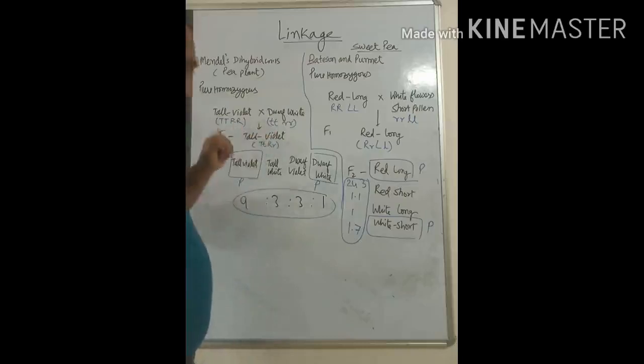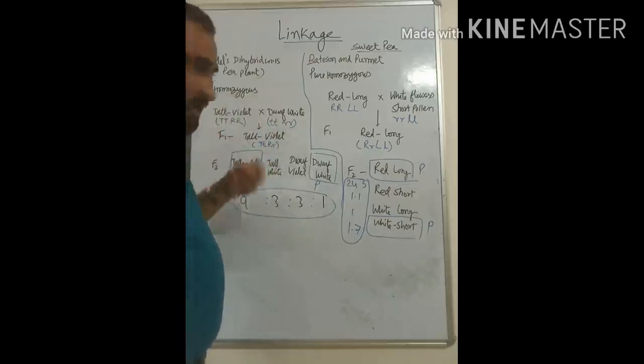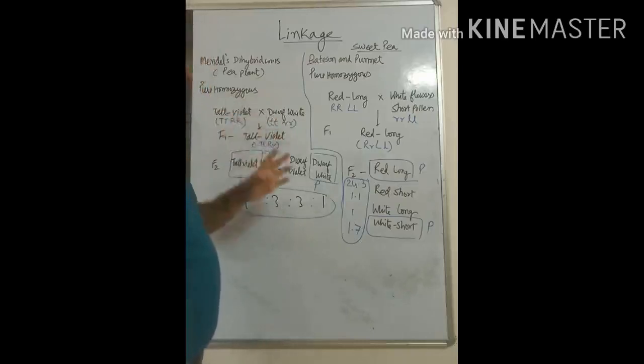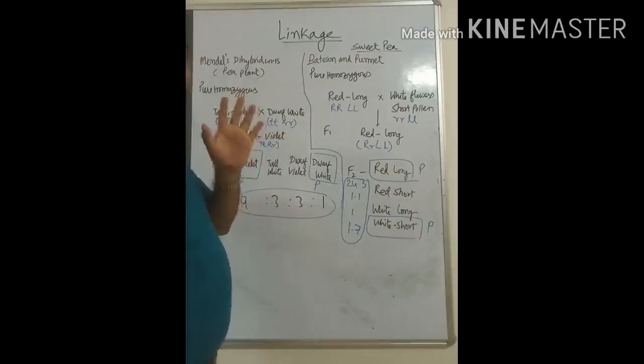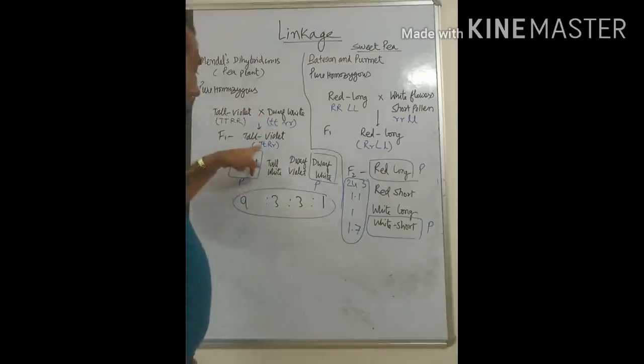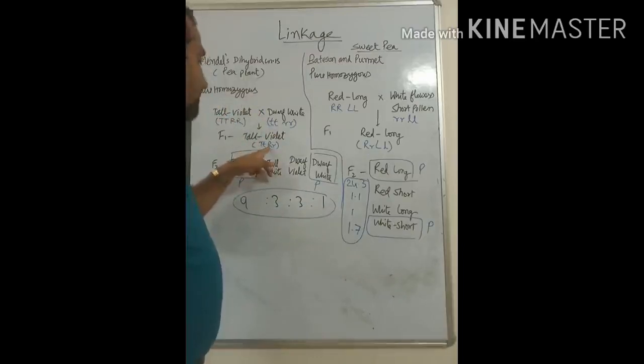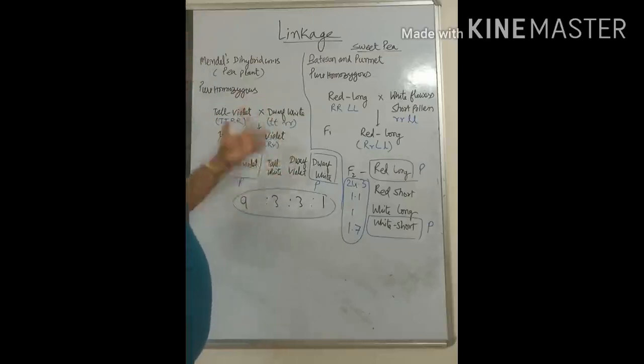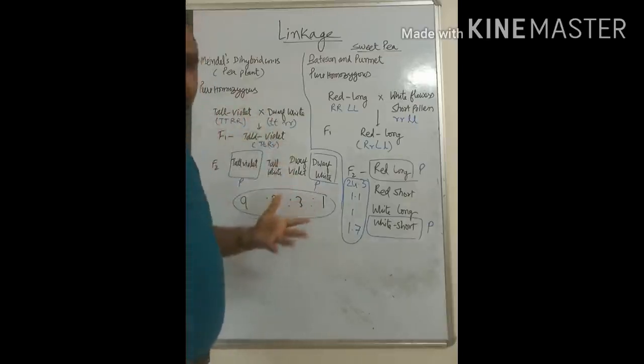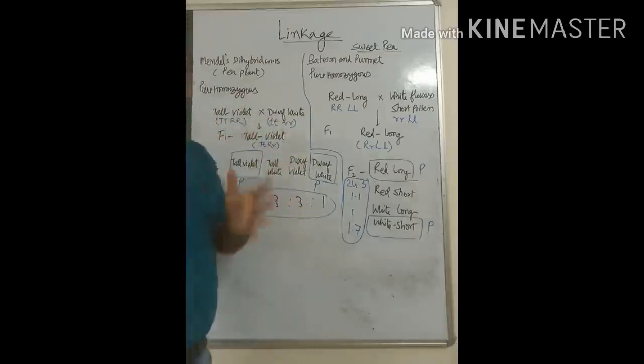So this F1 generation obviously gets gametes from both the parents, and then this F1 plant becomes heterozygous because now it has the heterozygous condition, capital T, capital R, small r. But as capital T is dominant over small t and capital R is dominant over small r, though the character of capital T and capital R expressed, this F1 plant is heterozygous.